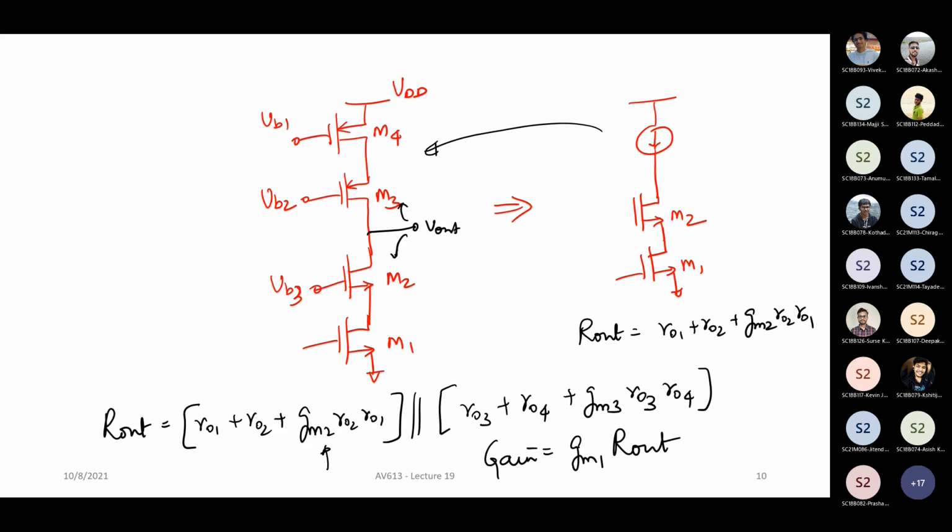All right. So this is what is called a telescopic cascode. Why is it called a telescopic cascode? It's like a telescope, one transistor stacked on top of another. And how does it actually work? So basically, you can think of it as, let's say there is some input signal, some delta V input signal like this. Now M1 acts as a common source and M2 acts as a common gate, so this can be thought of as a common source, common gate pair.